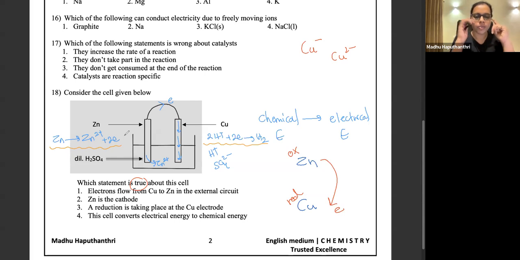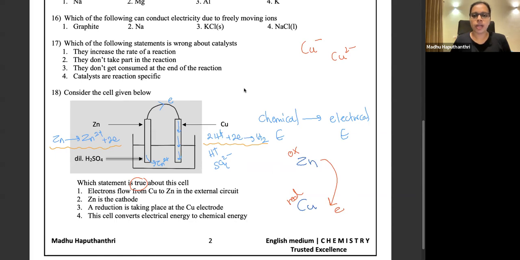I will give you a small tip. In your O-level papers, in the galvanic cells, at the cathode, this is always a reduction reaction. For the O-level syllabus only, for the galvanic cells, always at the cathode, hydrogen reduction is there, because in your questions for the galvanic cells, the electrolyte is always H2SO4. So this is the cell operation there.